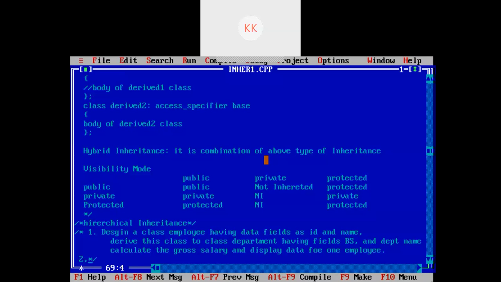Second assignment. Design a class student with fields as roll number and name from a semester.